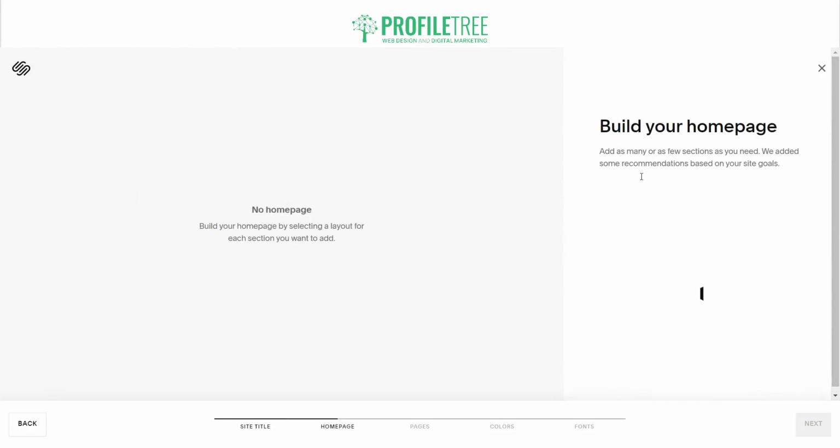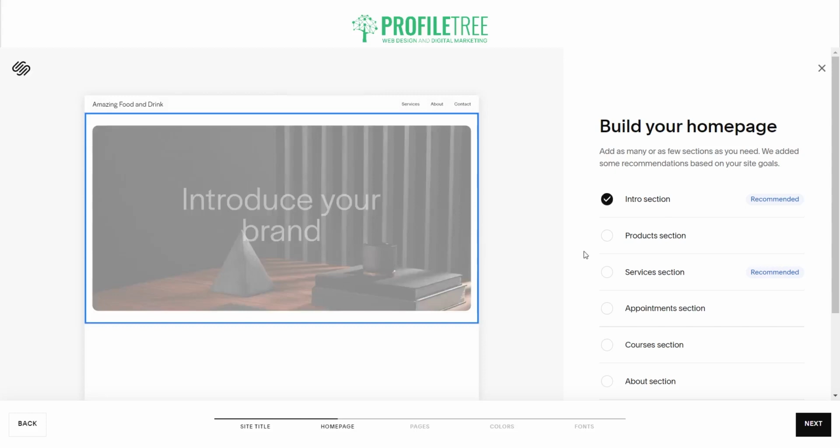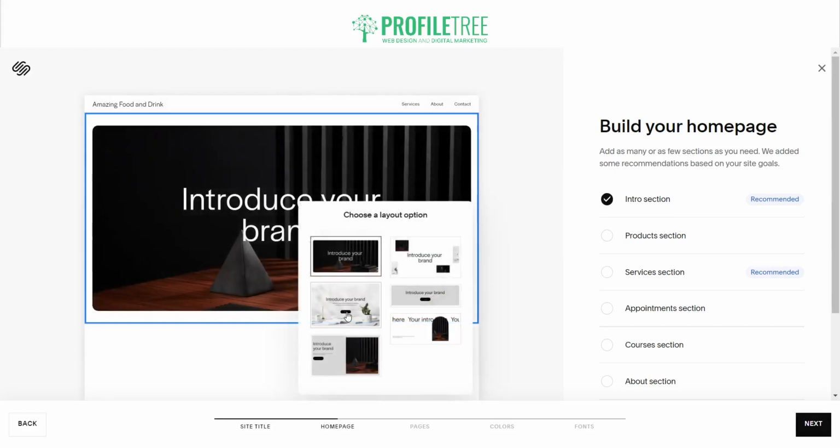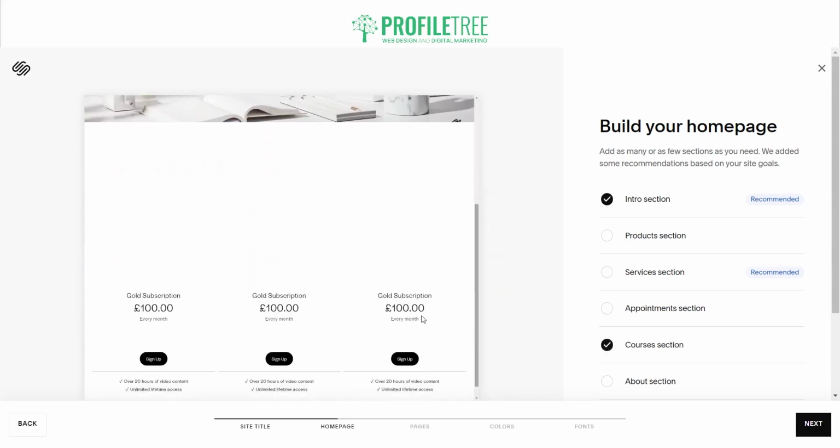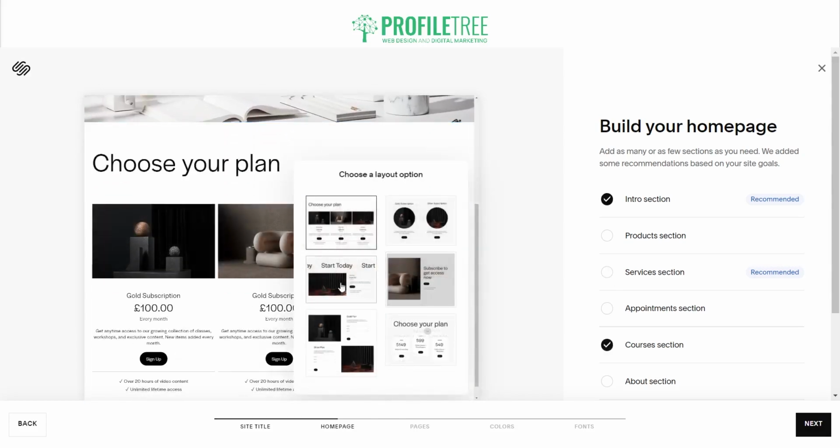Now we're going to build our homepage here. It'll provide us with a couple of different sections to choose from. You've got your introduction, you've got your footer, you've got the different services like products, courses, and so on. So here we are. We'll just jump straight into this. So we've got our intro, and we'll add that, and then we'll do courses. Sure. We will do that,